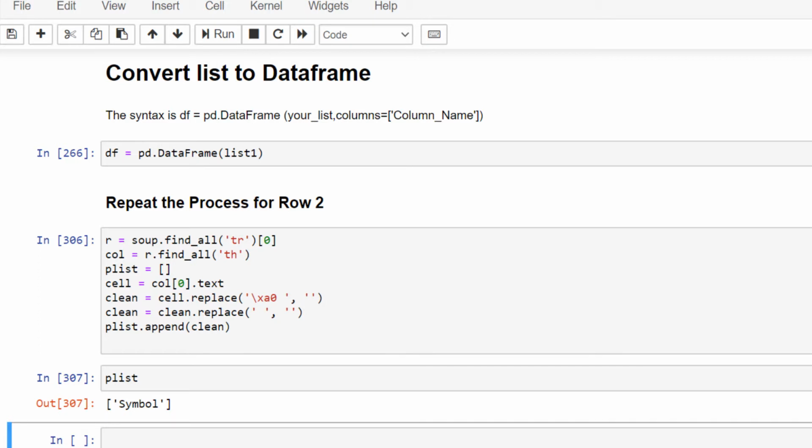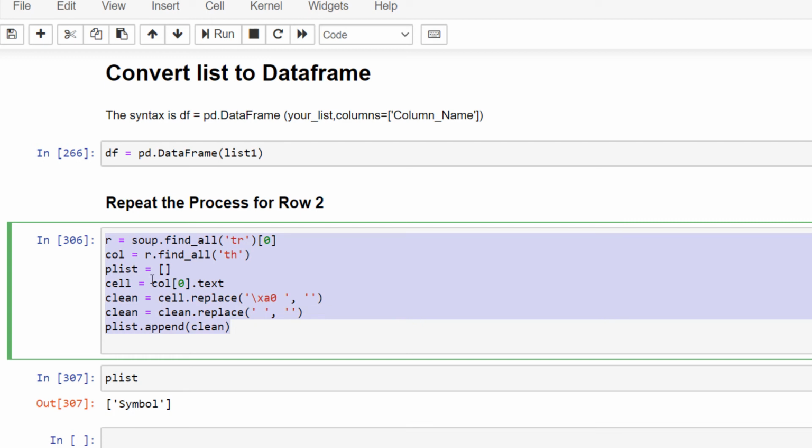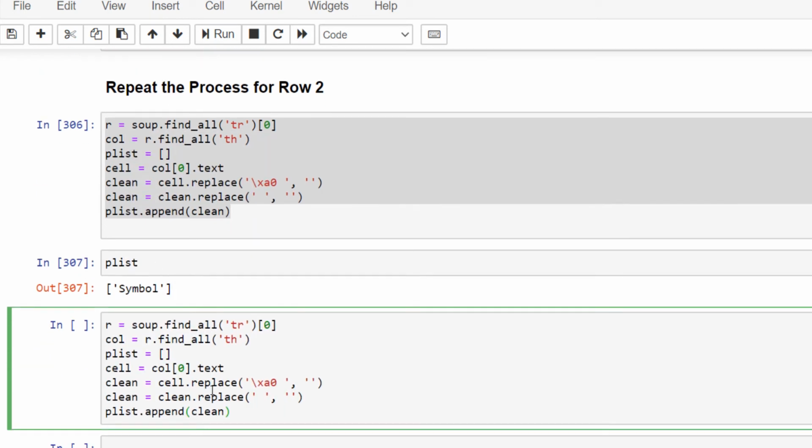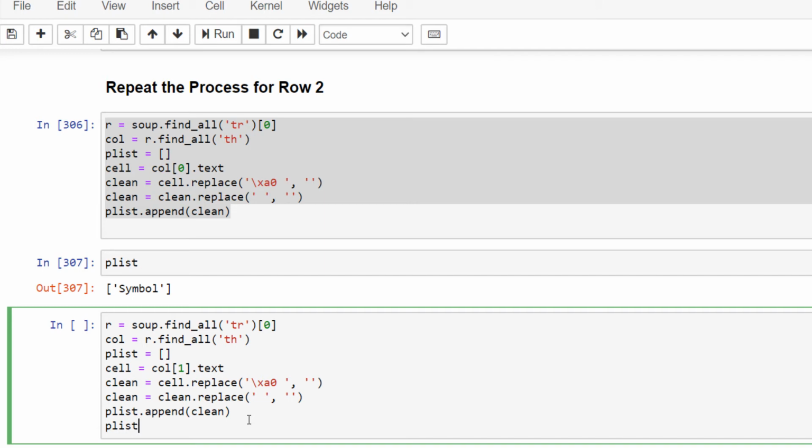So let's go back to our code, and we shall change just one variable in this whole code, and the variable that we shall change is the column index. So let me change it to 1, and I'll also type plist at the end so that we can see the result once it is ready.